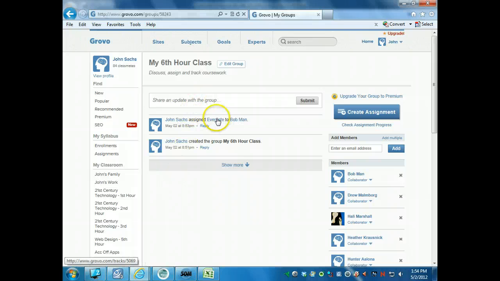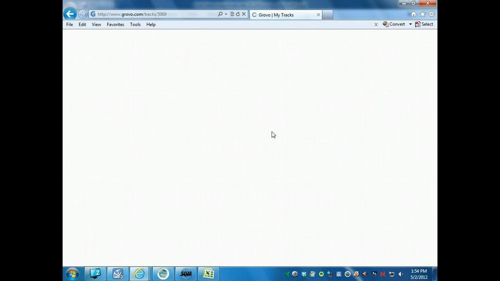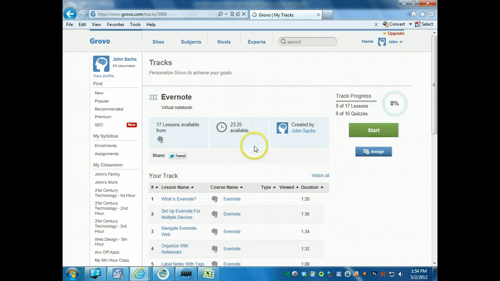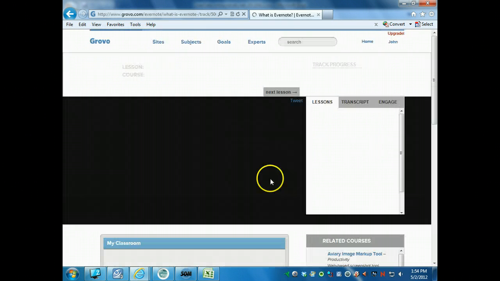an assignment. Let me just show you what that might look like. We'll go here to Evernote. That's the one that I wanted to assign. Okay, and this is what it'll look like. It tells them how many lessons are there, how long it's going to take. They simply click on Start. Okay, and then the lesson will